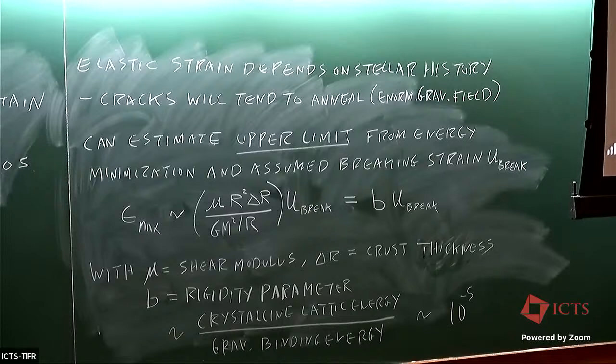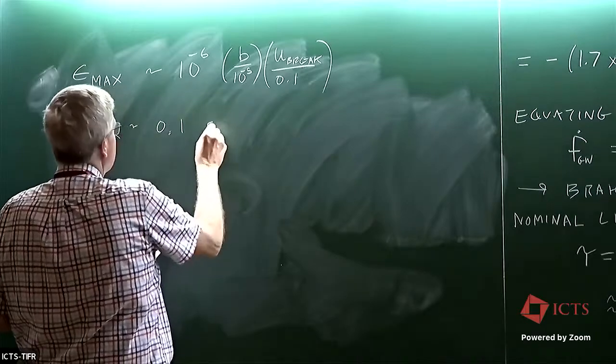And so from that, we would conclude that the maximum ellipticity that we might hope for is of the order of 10 to the minus 6 times B over 10 to the minus 5. And again, B of 10 to the minus 5 is not crazy. And then U break could be as high, believe it or not, as 0.1. You might naively expect that to be a very optimistic overestimate, but there is actually some support for that notion. So U break, the breaking strain as large as 0.1, is actually supported